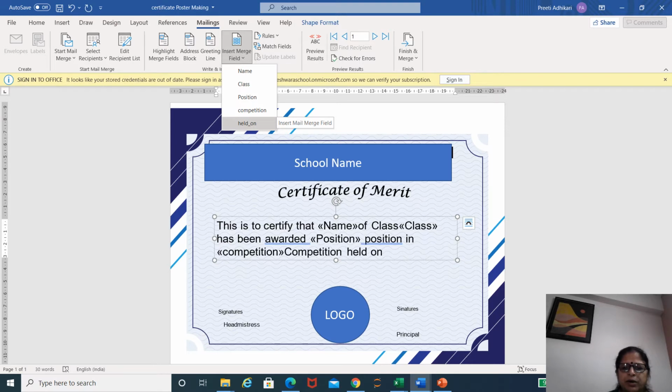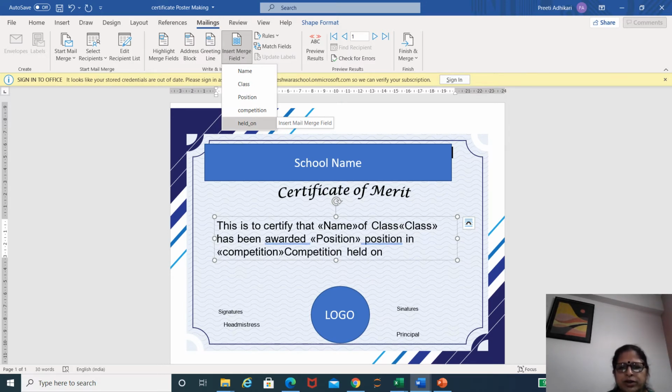So likewise, wherever I wanted, I can see that in my certificate. Like here, if you see, it is showing me the name, the class, position, and the competition, and held on. All these things it has picked up from my Excel file.